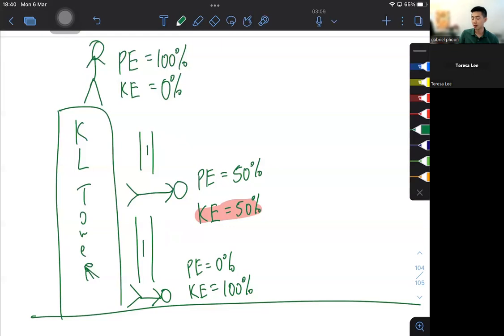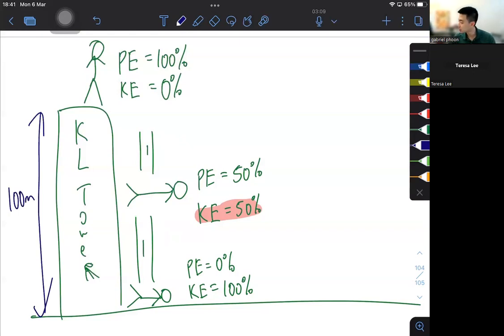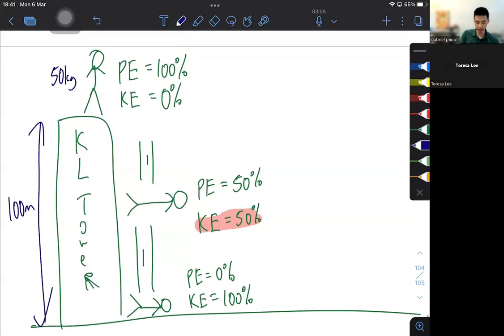Okay, so let's do some calculation here. Let's say today, KL Tower is exactly 100 meters tall. And then let's say today I'm exactly 50 kg. From these two pieces of information, I can already calculate my potential energy, right? Because